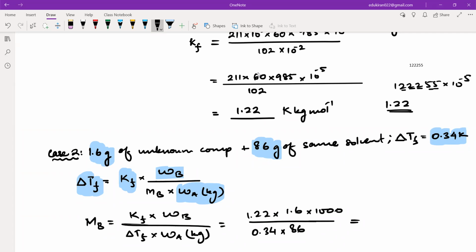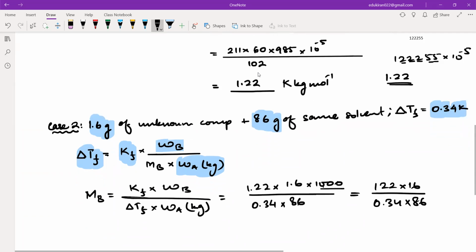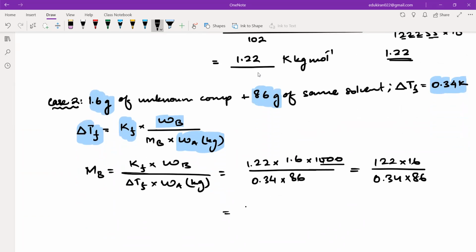So you can write it like this now: 122 into 16. 3 zeros are here now and we have 3 decimal points. 0.34 into 86. Furthermore, you can write it as